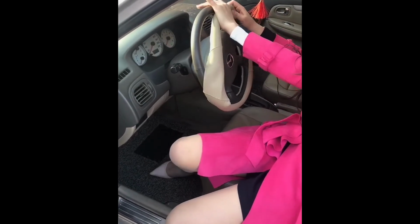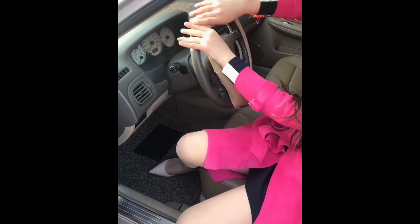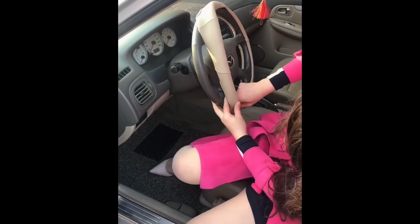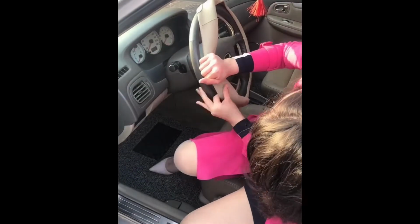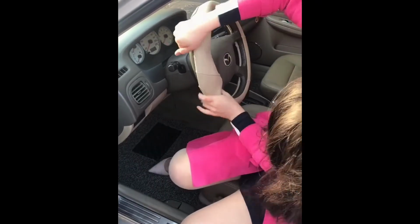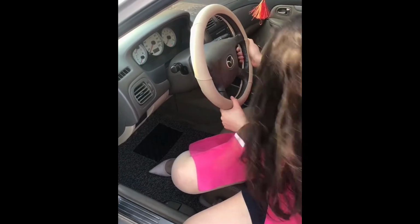As you can see, I have big trouble getting it onto the steering wheel. I'm not sure if there's an easier way to do it, but it seems such a perfect fit that it's quite a hassle to get it onto the steering wheel, I have to say, and I haven't figured out how to do it in a clever way. So I just kept pulling and pushing, and eventually it did work out, luckily,